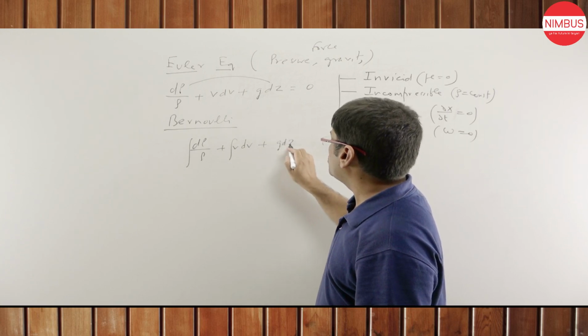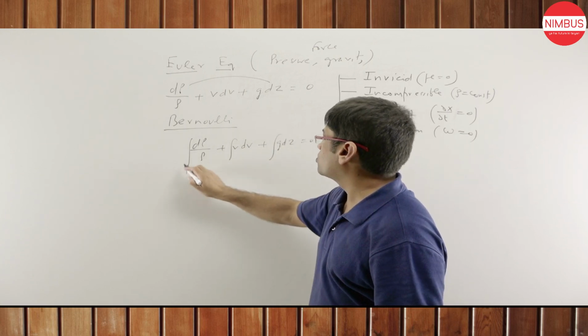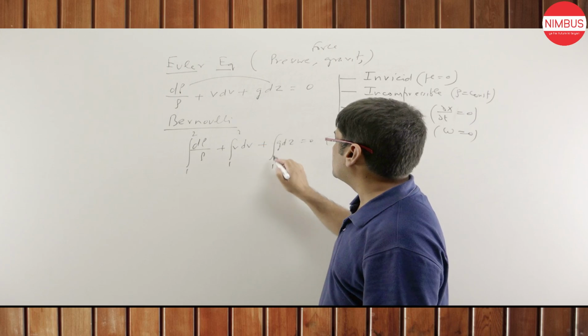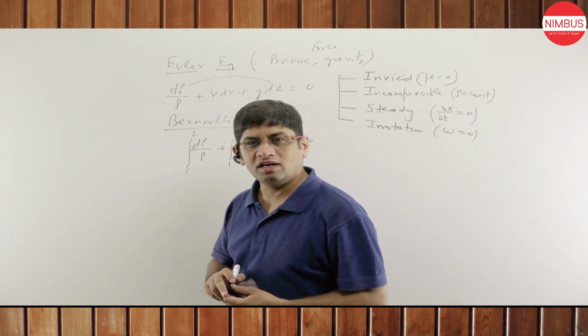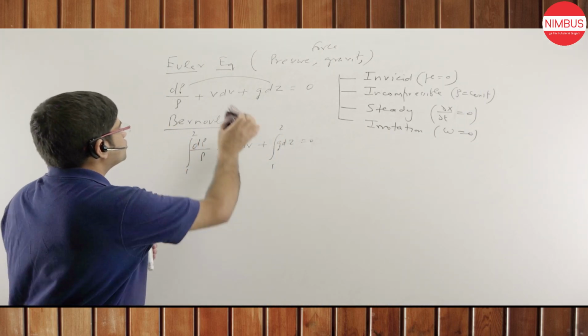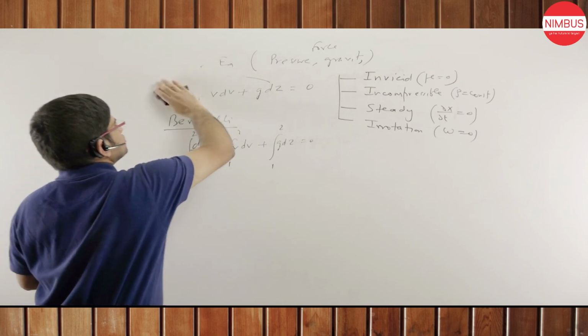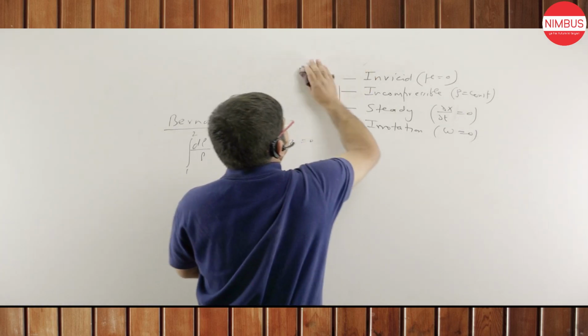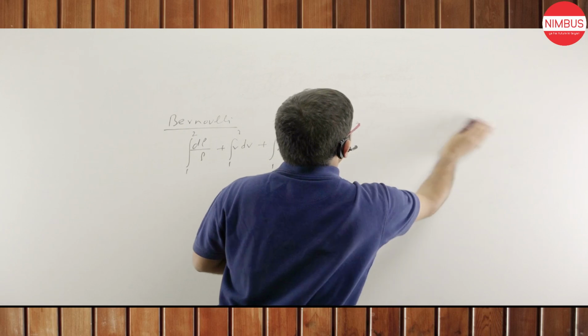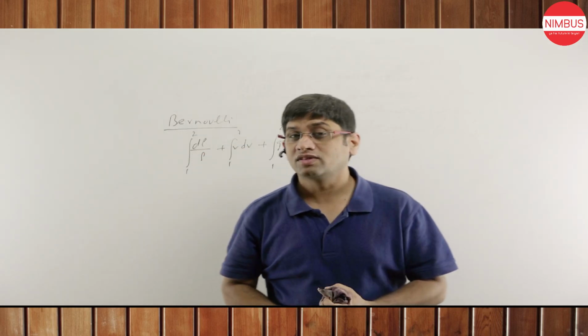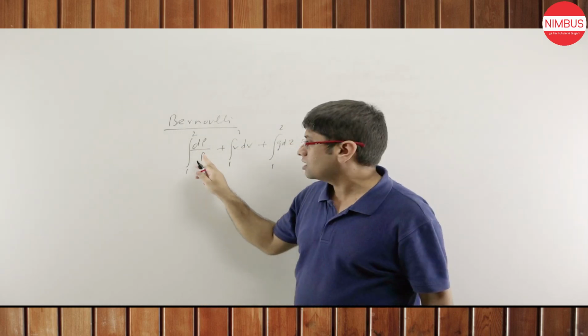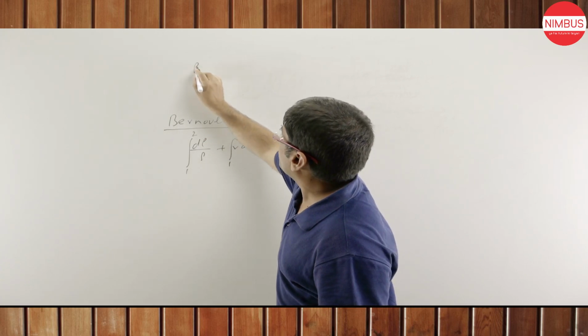So how do you get the Bernoulli equation? Sir, I get the Bernoulli equation by integrating the Euler equation. So if I integrate the Euler equation, this is what I'm going to get. Now let me give you the equations we get here. If I integrate these equations with the assumption that rho is constant, this particular term will be P2